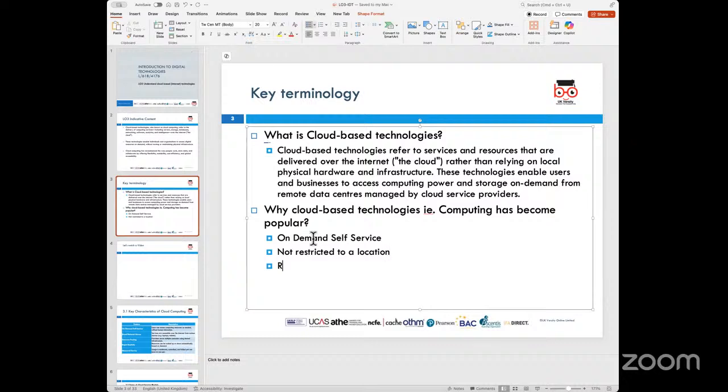Now, other advantages that you can think of would be things like resource pooling. When you have installed infrastructure on the cloud, there are a number of people who would be able to access those services. A good example of this is website servers. A lot of websites currently for small businesses, individuals, and others are hosted on a shared server resource. That means the same server has the storage for a number of clients. It will serve the users browsing the website from that particular server, and that allows resource pooling to happen.